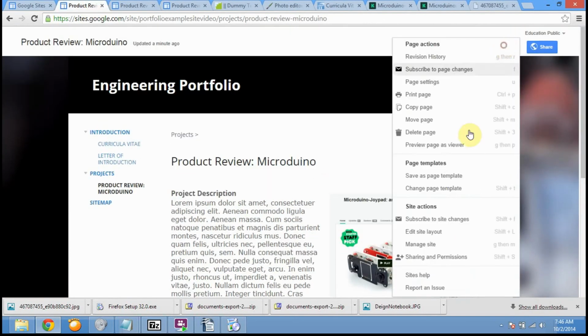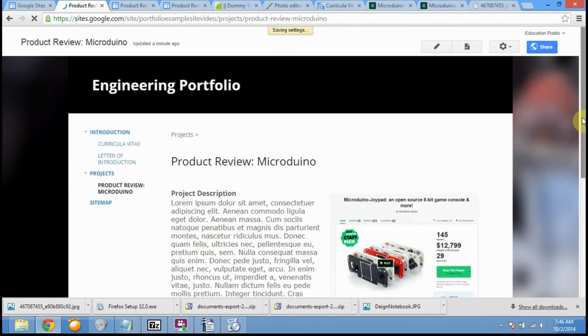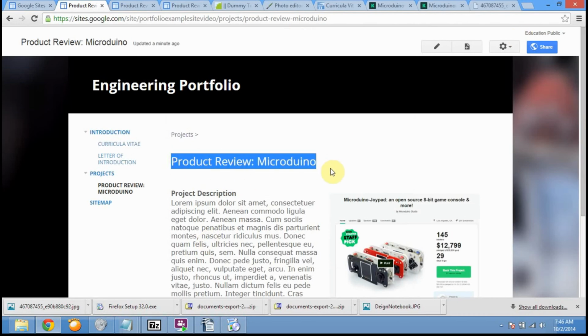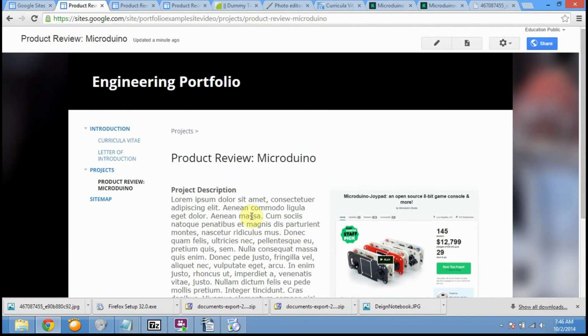And oops, my page settings turned off. So remember, we want to go into page settings. This is a really easy thing to forget. That's why I usually do it when we create a new page. Uncheck allow comments, uncheck allow attachments, click save. Also, you'll notice one error that I made here. I did bold my project description. That's fine. Okay. So we've got our introductory page for our project,